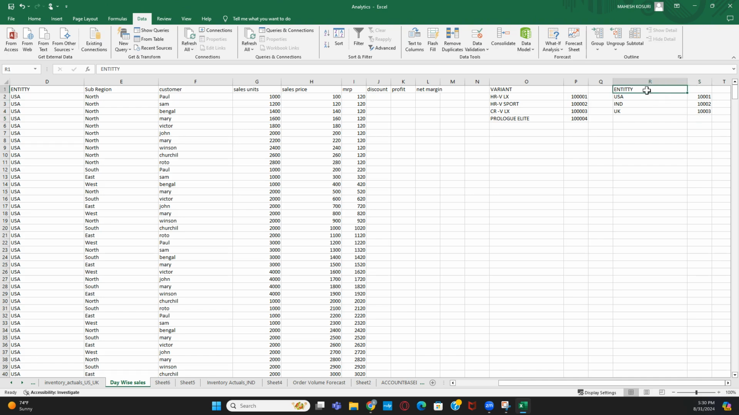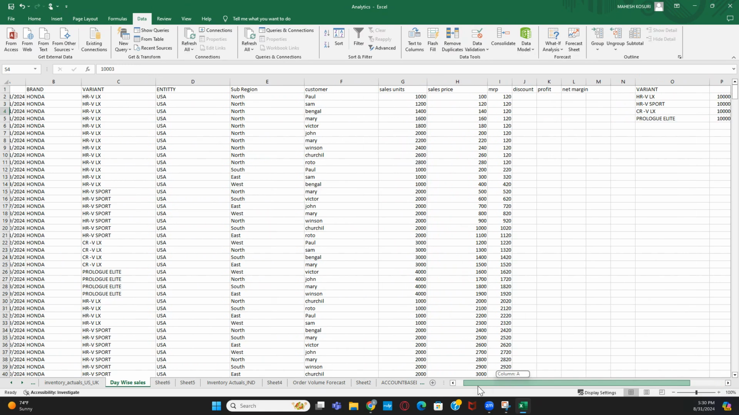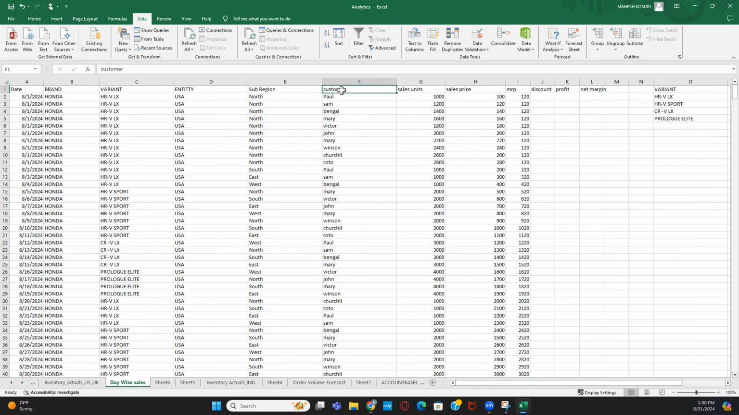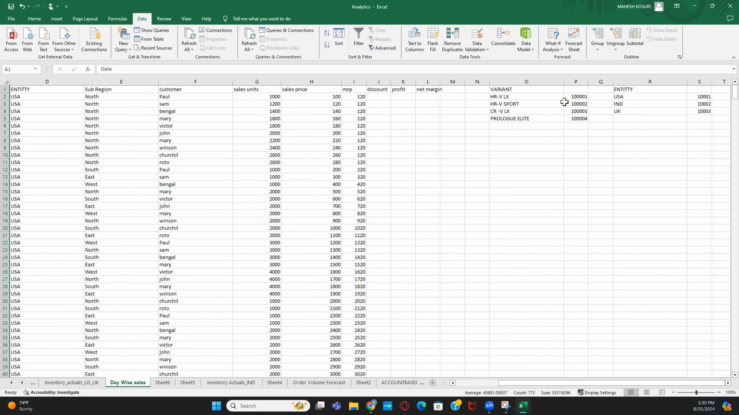So for entity also I am providing the ID. The same way you can provide numbers for the customer and brand and date also. So what happens is your entire data becomes numeric values. I mean the entire table will show you only the numeric values, not the text. But the thing is, if I maintain the numeric values, I cannot understand what